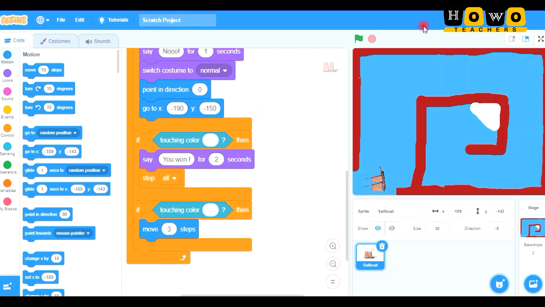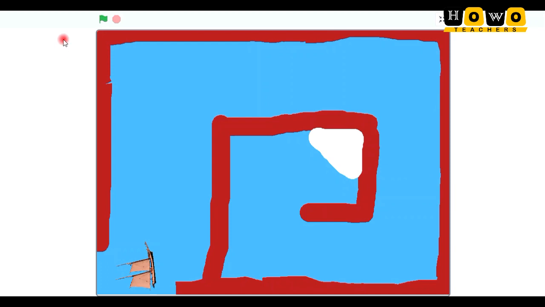So let us see what we have done. In the full screen, I am going to click over the green flag. So let us start. I have to make my boat sail up to the final point. So here we are going. See, it is moving towards my mouse. Wherever I take my mouse, it just goes there. And soon we will be reaching. Oh, my boat is just upside down, but no issue. At least it will reach the final point.